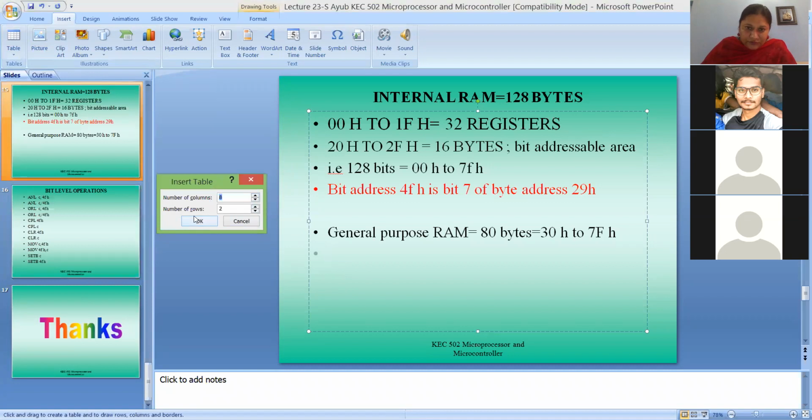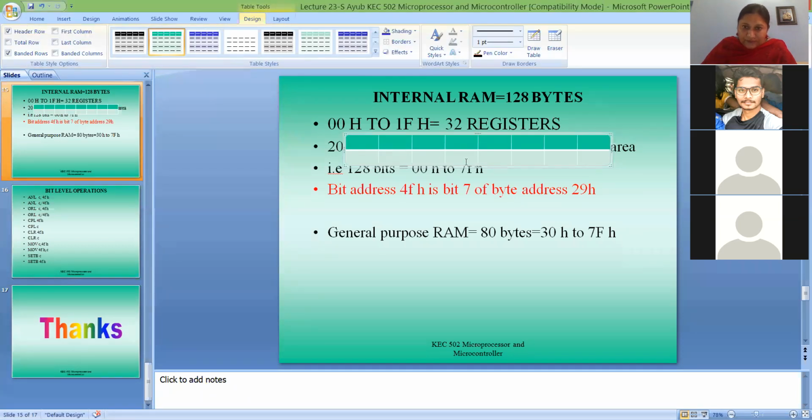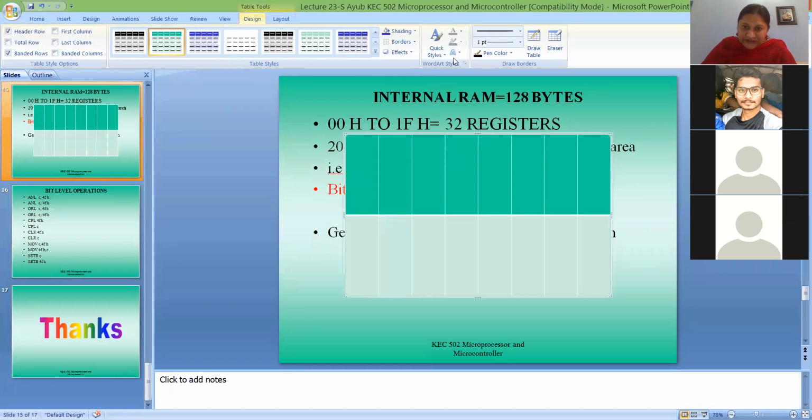How many rows? 2. Okay, so let me explain this way. Can you see this?